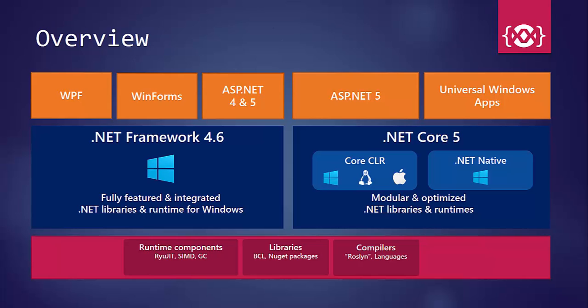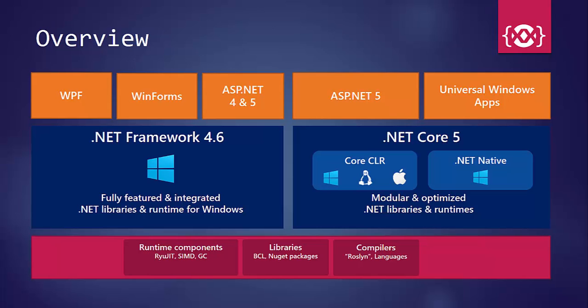It uses WPF as the platform of choice, and ASP.NET 5 is also supported out of the box. .NET 4.6 also invests in the new compilers, the JIT and language innovations that the new .NET framework have to offer. So .NET Framework 4.6, also known as the .NET Full Framework, will be the framework for the app models that we know today, which are WPF, WinForms, and ASP.NET, and will only run on the Windows platform.